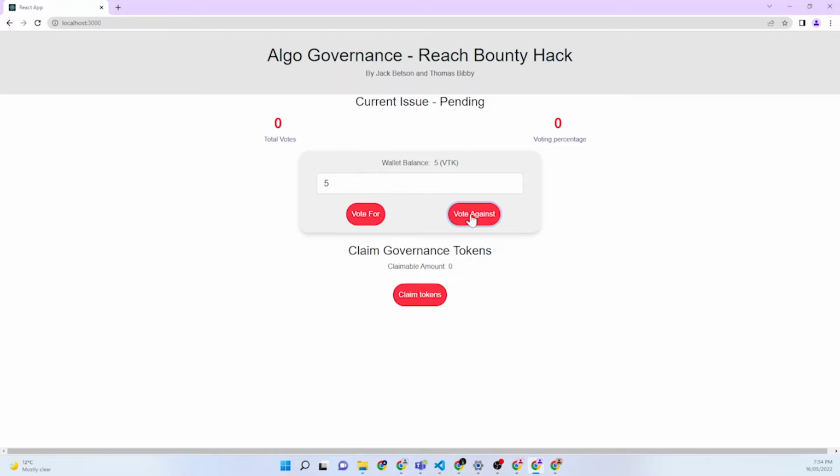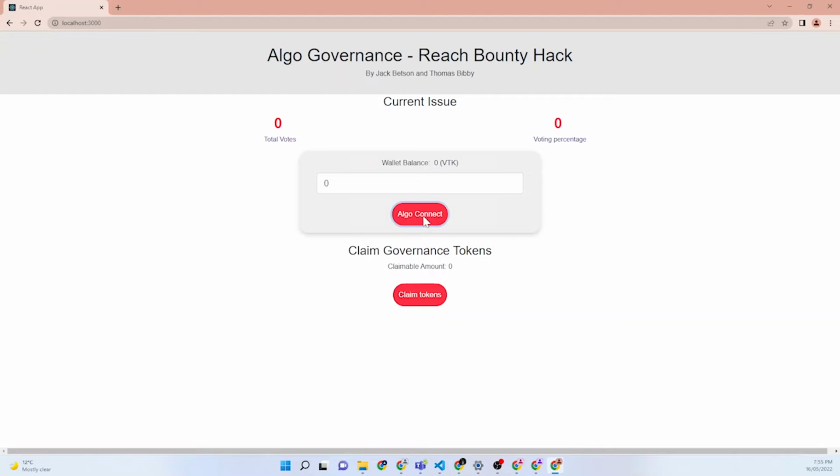And so that will send those 5 voting tokens off into the contract. Yep, so we have 5 total votes. Percentage is 0 because all of them currently have been voted against. So if we go to another voter again,